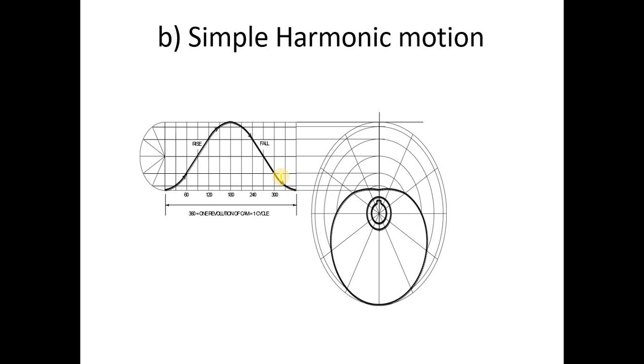Second is simple harmonic motion. You can see over here, in case of simple harmonic motion, your follower moves with a rise and fall, considering no dwell. In case of simple harmonic motion, sometimes there is a dwell, sometimes there is a direct rise, and after that rise directly there is a fall. So this is the entire one revolution of the cam, that is one cycle, equal to pi d. This is the distance.